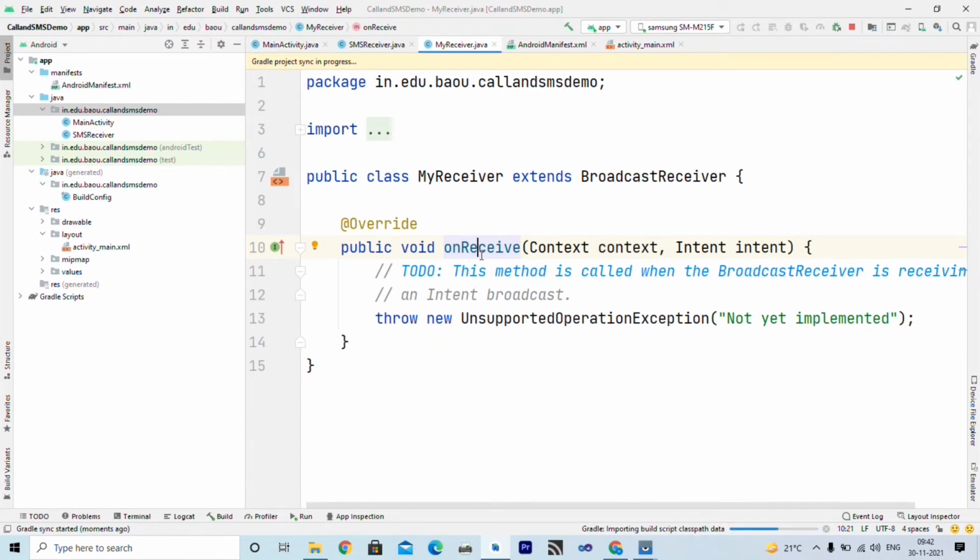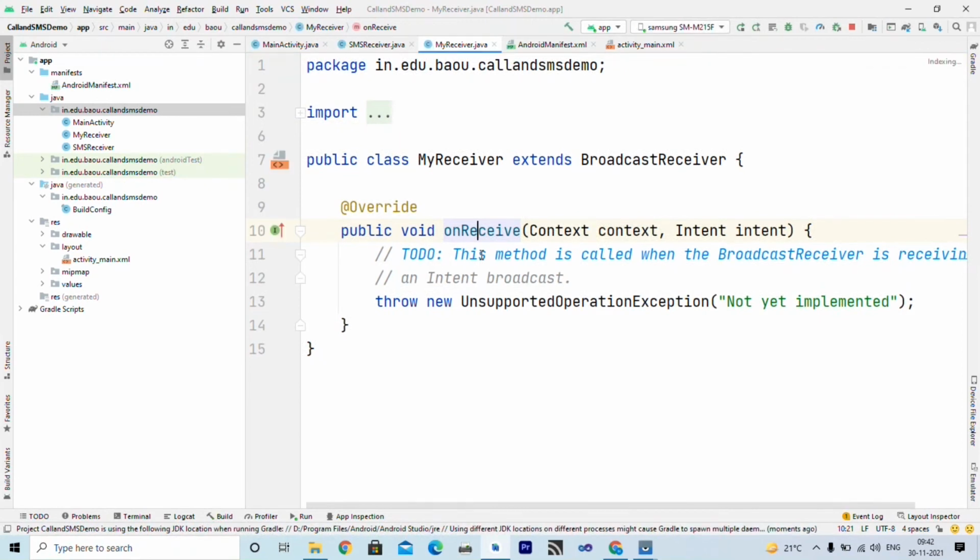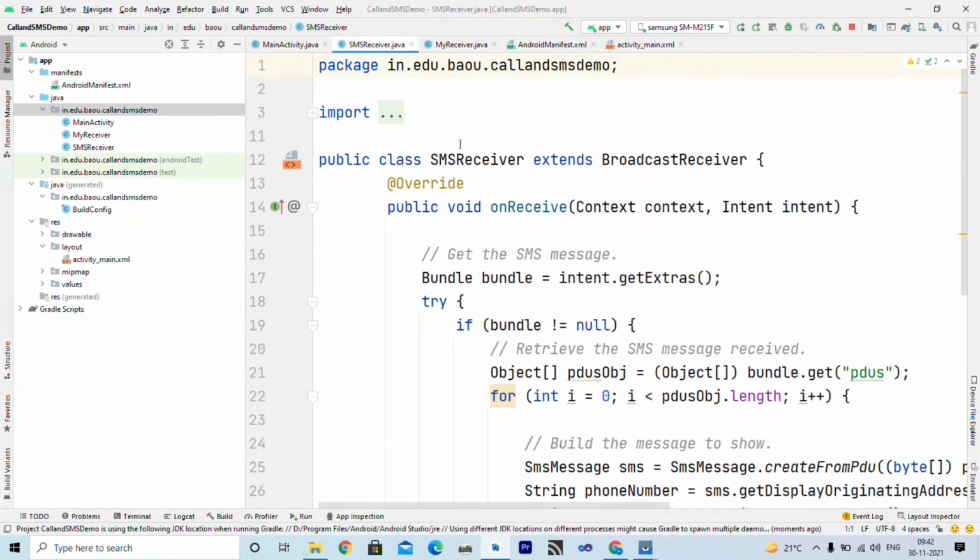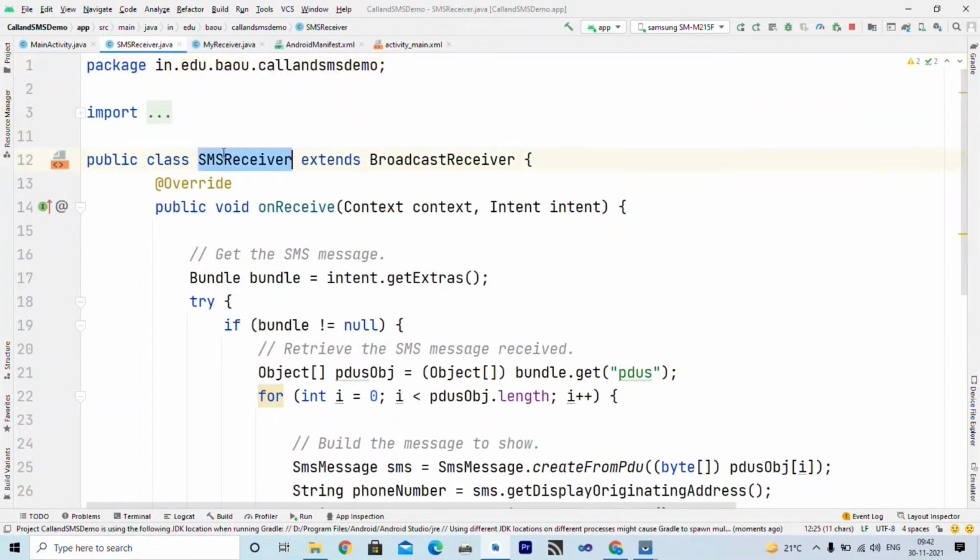Whenever any broadcast message is received by this receiver, its onReceive method is called. Here we want to receive SMS. So I have given the name SMS receiver. It extends broadcast receiver, and inside onReceive I get the SMS message.